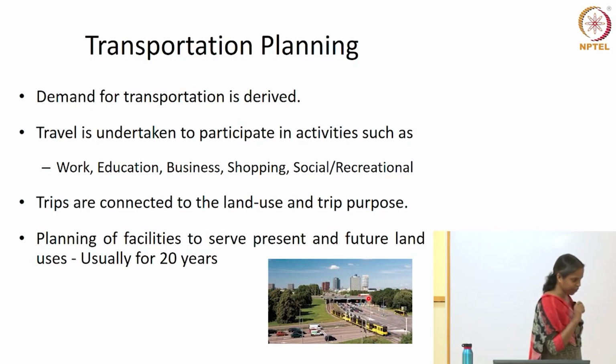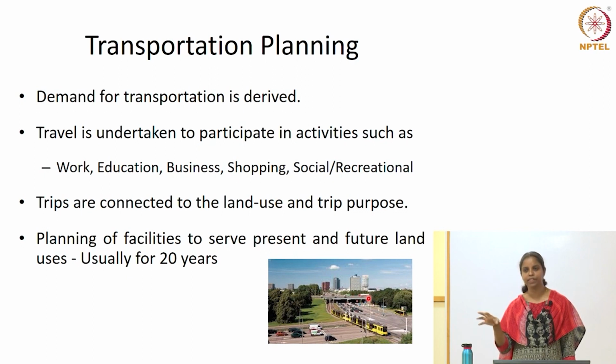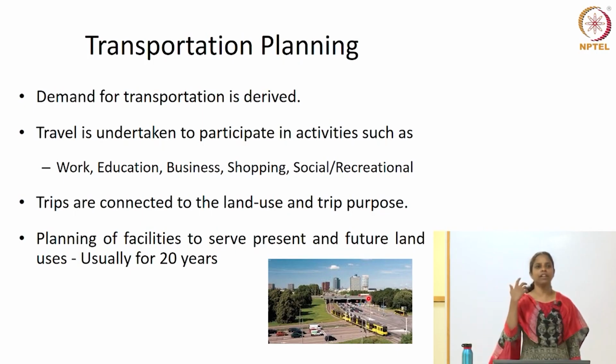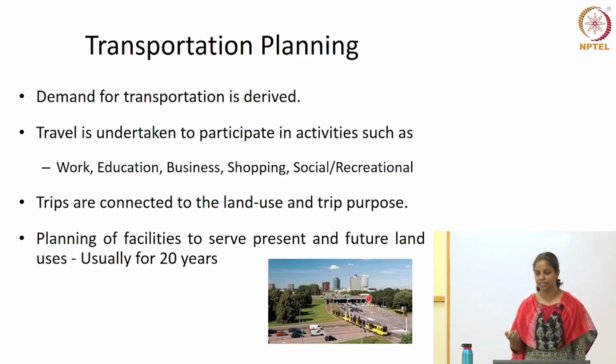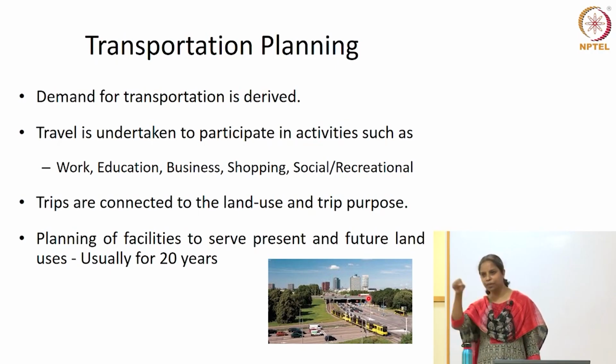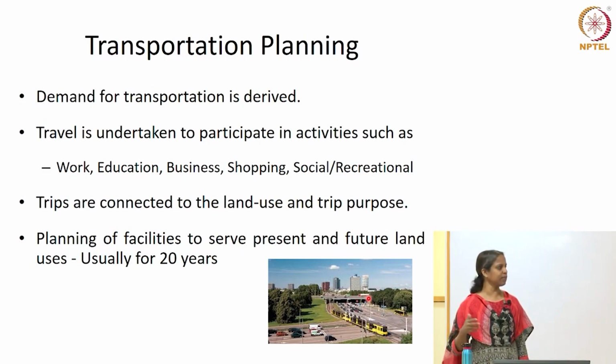So when you want to plan a transportation system, you start with the land use of the area. Let's say somebody says that they want to move the capital from Chennai to some other city. You will have to design the entire transportation system there. So you will start with looking at different zones in that area. What is the land use of each of that area? Then you start planning. So how do we do that? And usually this planning and design is done for a period of around 15 to 20 years.